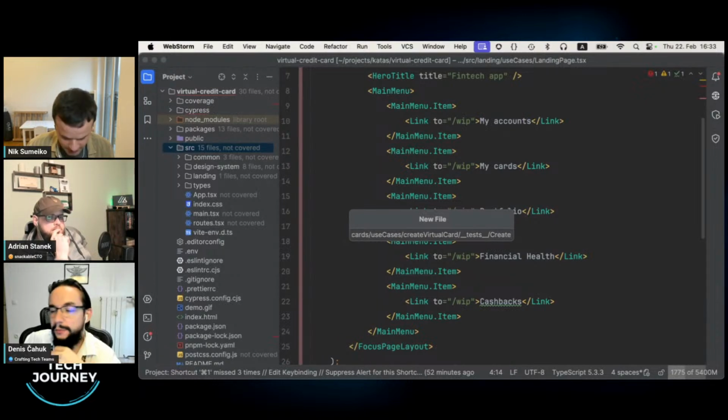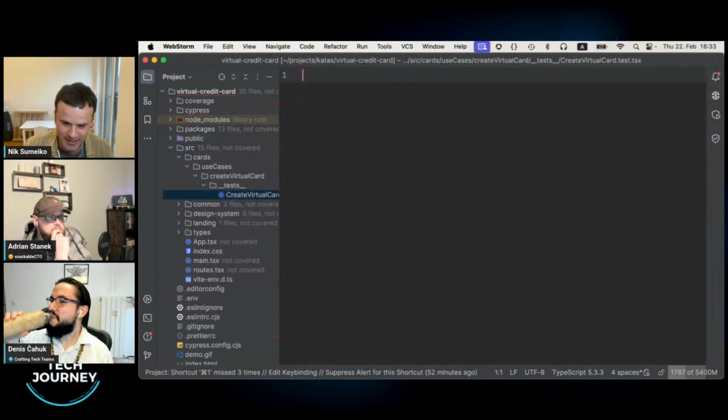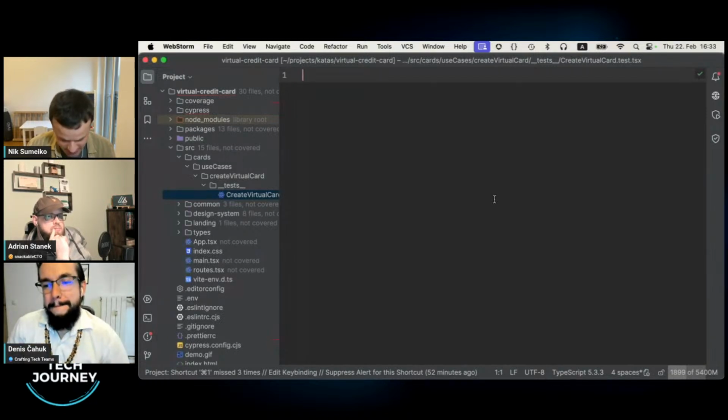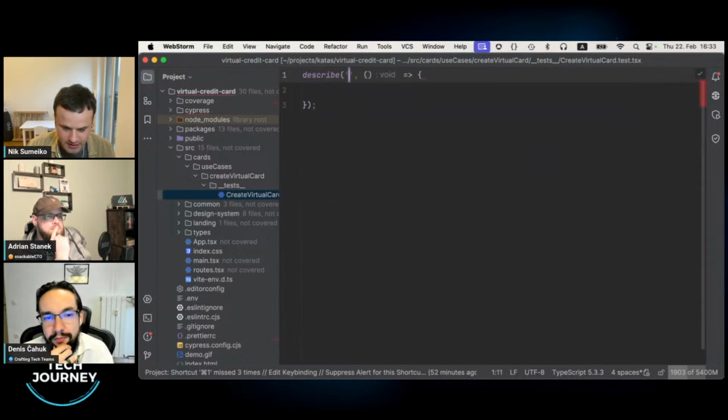Let's name it create virtual card again. Very enterprisey. I like the naming convention of the folder structure. So we name the test file even the same way like you would normally in a large project. Yeah, exactly. All right, so this is the first step, and we will write it with Cypress.